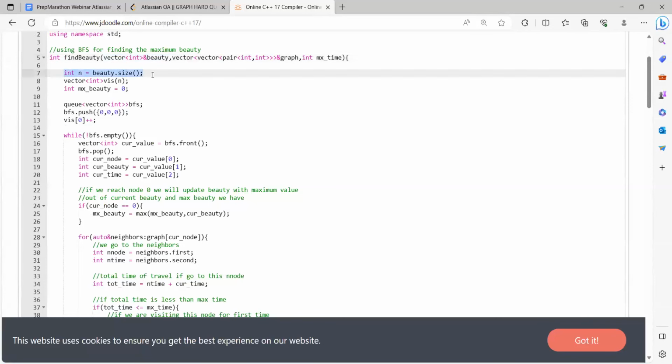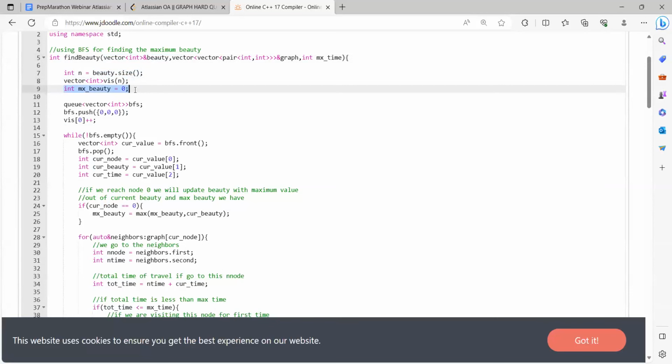Here n is the number of nodes, or cities, or square boxes you can consider. Now I will be doing a normal BFS here. You can use DFS also. So this visited array is required for that. Initially, the maximum beauty that I can have in the time limit is